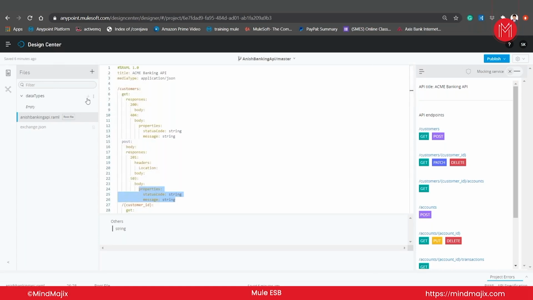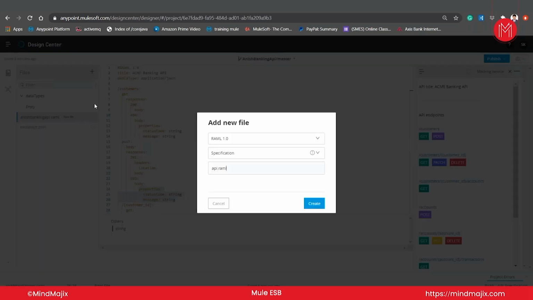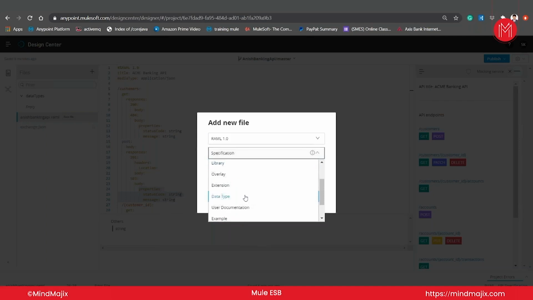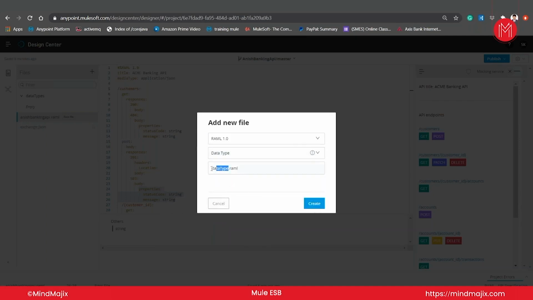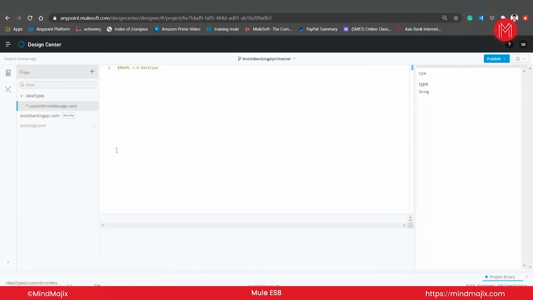So how to create it? Again, same, click on new file. I want to create a custom error message right now. Okay, I want to create my own custom error message. So I want to create a data type YAML, and I want to give the name custom error message dot YAML. Create. Now you can see one YAML file got created of type